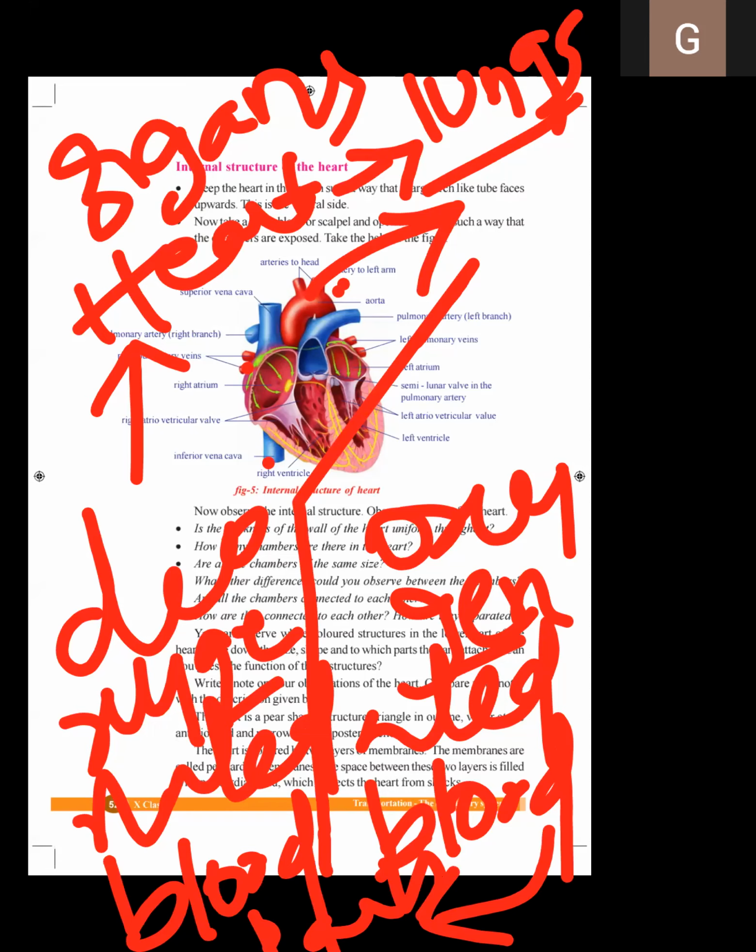In the lungs it is oxygenated, and again that will reach the different types of organs present in our body. So what kind of 5 blood vessels are there? We have the superior vena cava, inferior vena cava, then we have the systemic aorta, pulmonary aorta. Okay, so again we have pulmonary arteries.